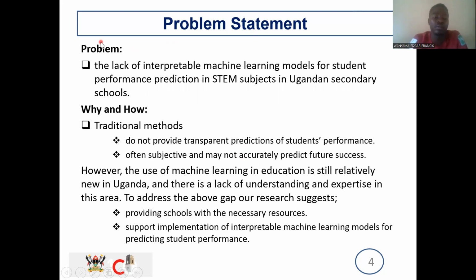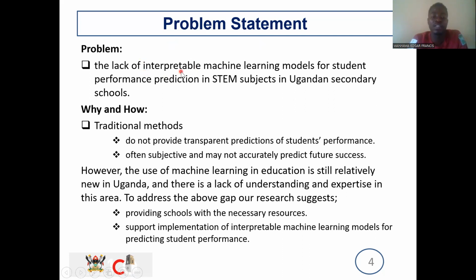Thereafter, we got the problem statement. The problem our research is trying to tackle is the lack of interpretable machine learning models for students' performance prediction in STEM subjects in Ugandan secondary schools. So why is it a problem, and how is it a problem? It's a problem because there exist some other prediction methods apart from interpretable machine learning, which are traditional. And interpretable machine learning is good in a way that